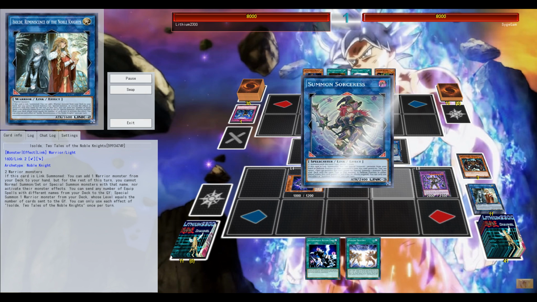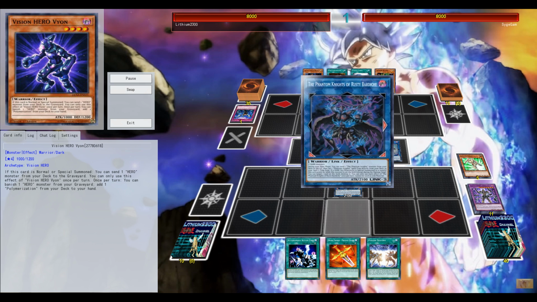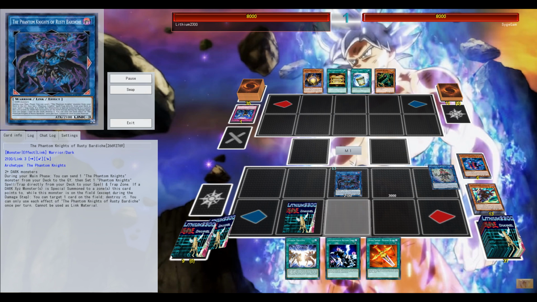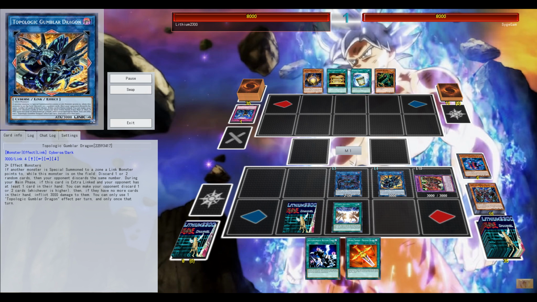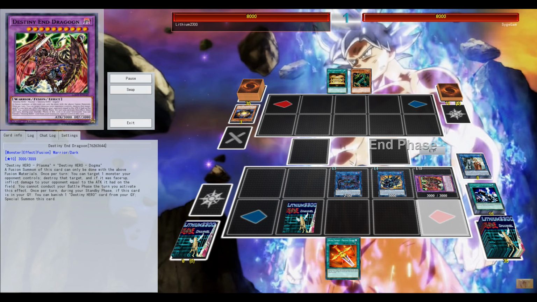So getting Summon Sorceress on the field, getting those extra searches. The PK Link should follow here, yeah. This should be on the left, right, using Summon Sorceress on the left monster zone, and the PK Link completely on the left. Anyway, so going for Destiny End Dragoon, triggering the Gumblar, ripping 2 cards from my opponent's hand,